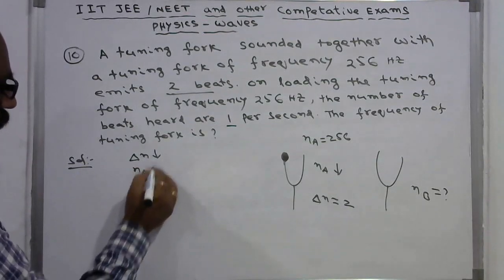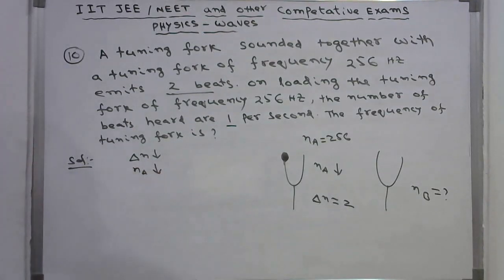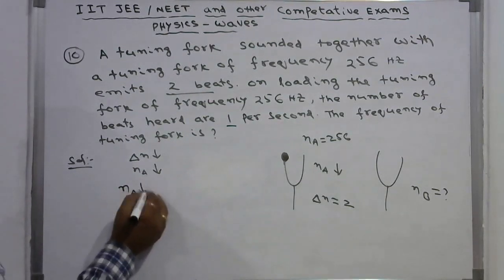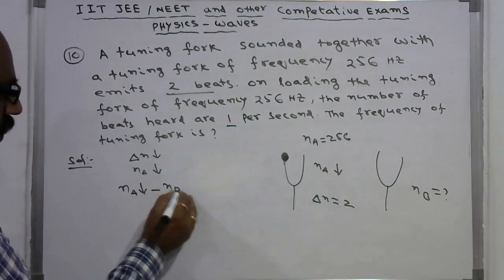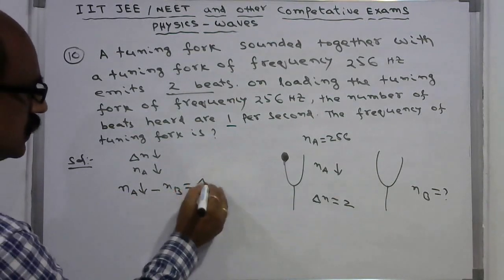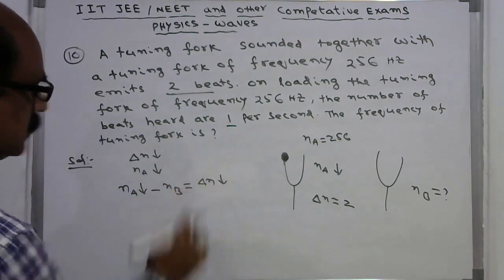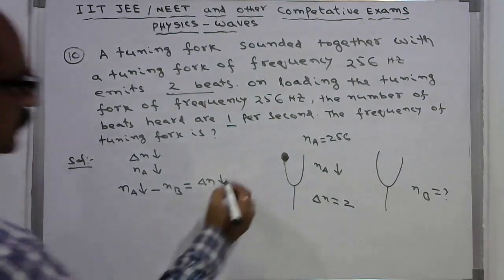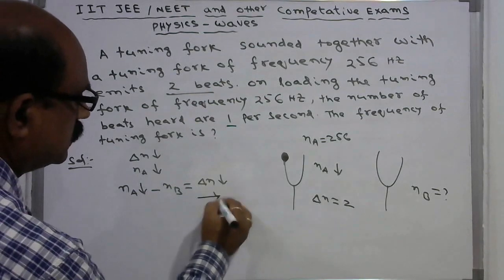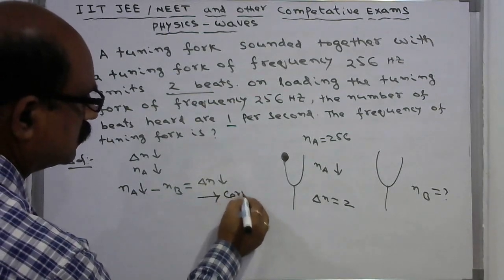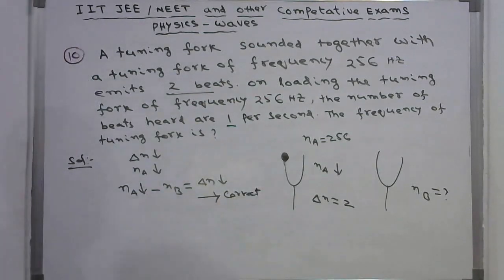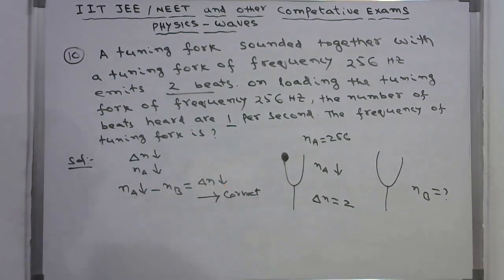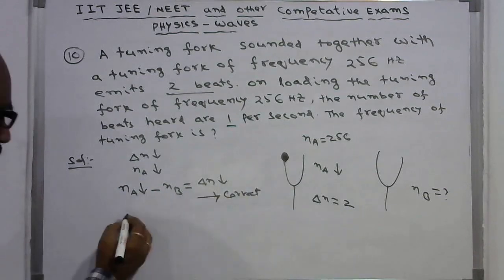If you observe, NA decreased minus NB is equal to delta N decreased. So this is the correct form. This value decreased, positive, and this value decreased. So this can be,